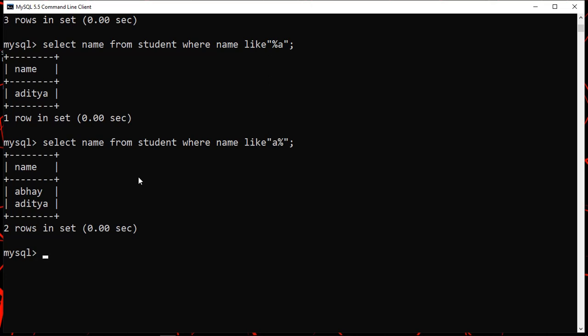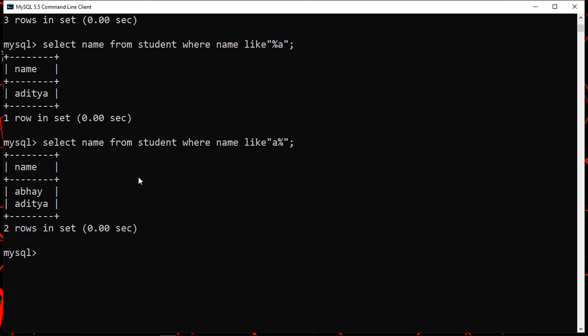What if we want the names of the students to be moved, or copied, from the student table to the student 1 table? If you already have some data inside your first SQL table and you want that data inserted inside the second table, you can do it very easily.